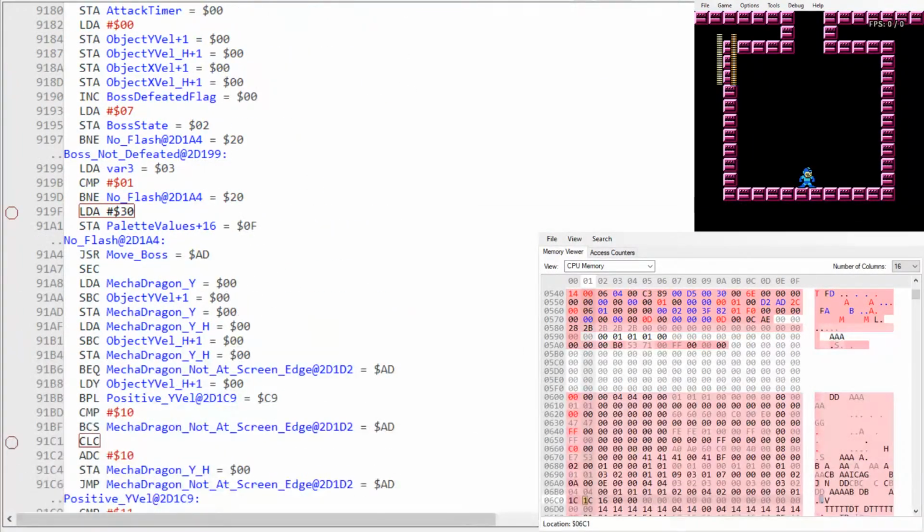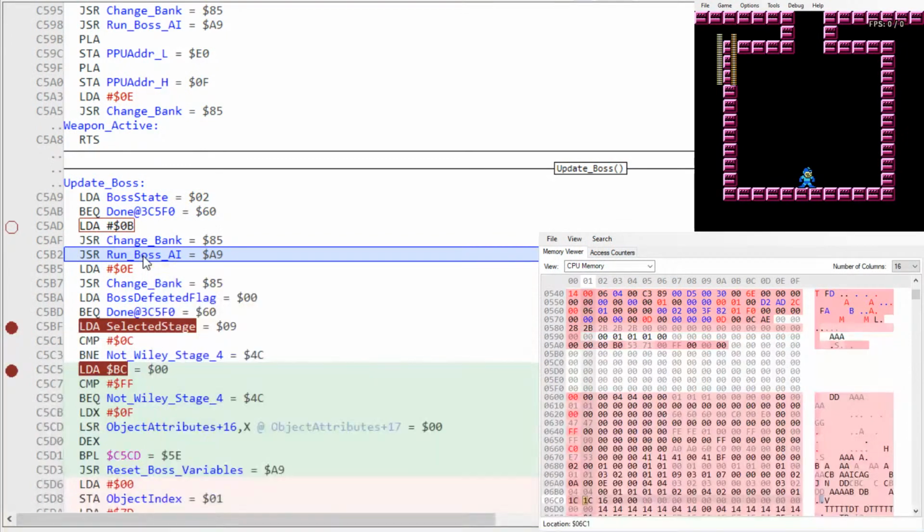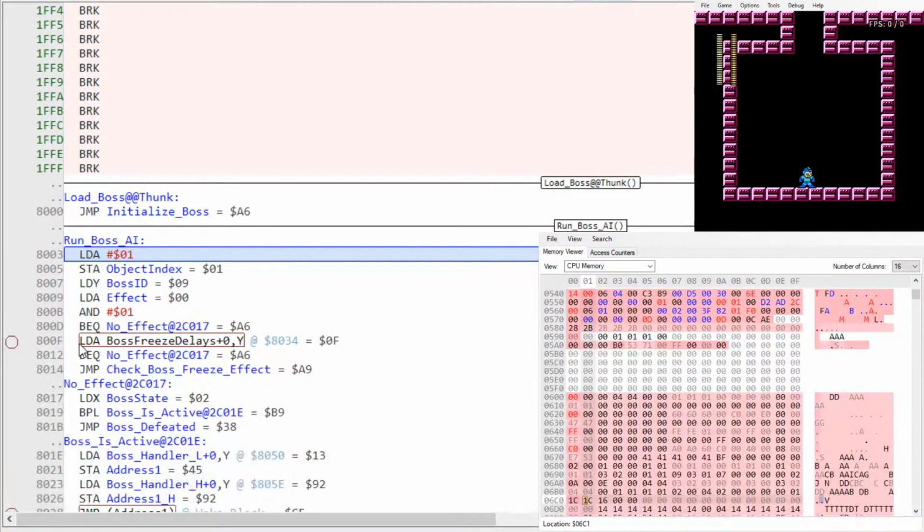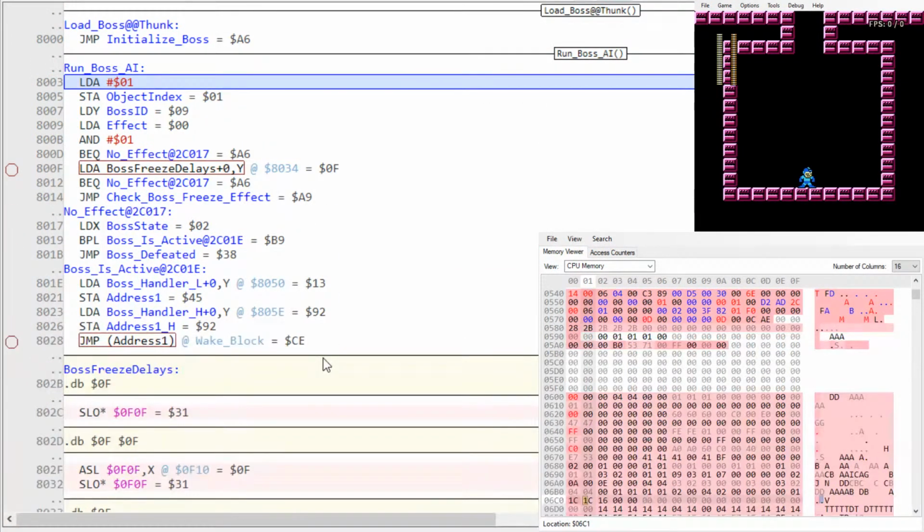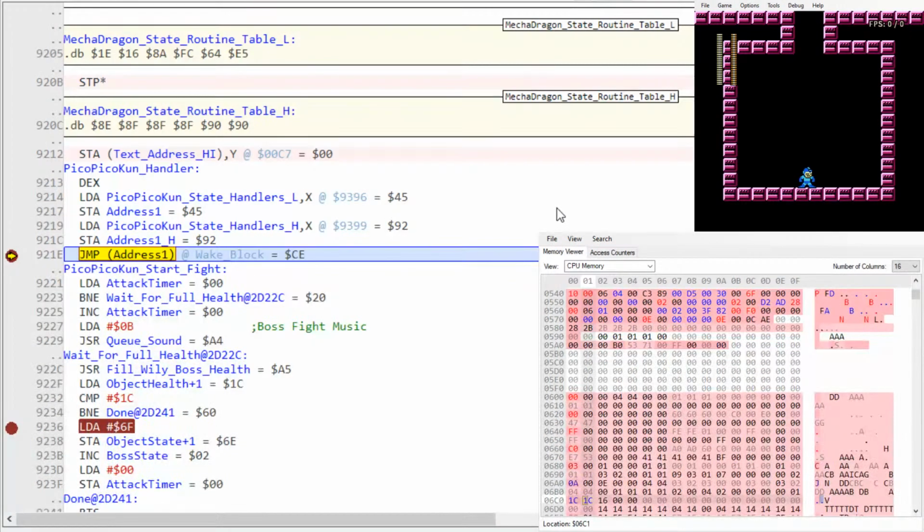Let's see. Here, make sure that I have, okay, I do have that disabled, so I'll run the game for a moment. And I'll go ahead and disable this until